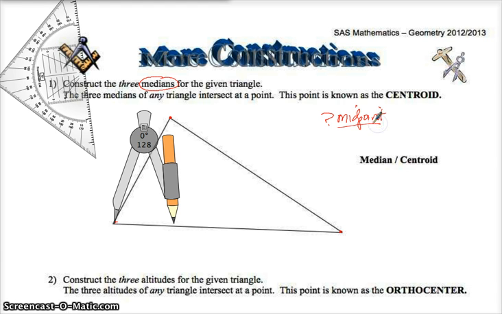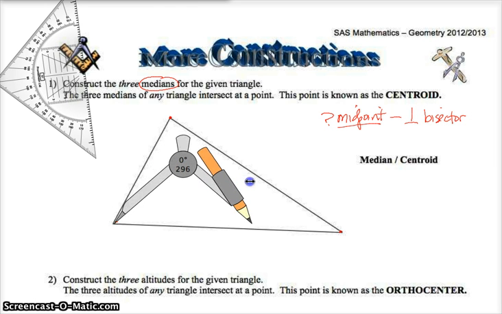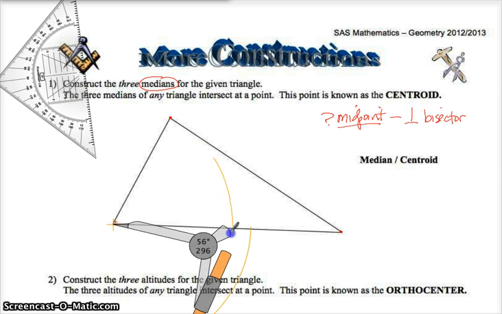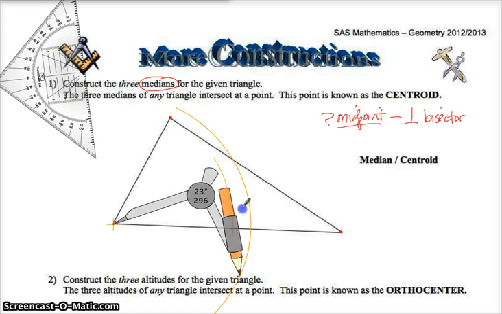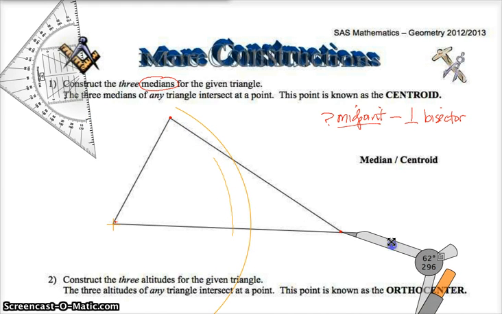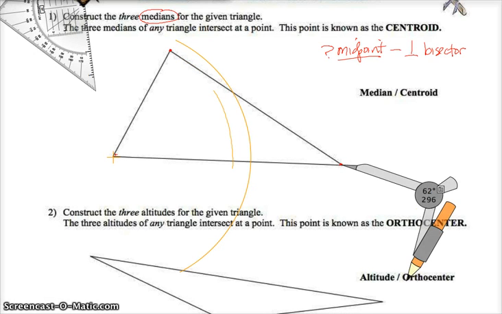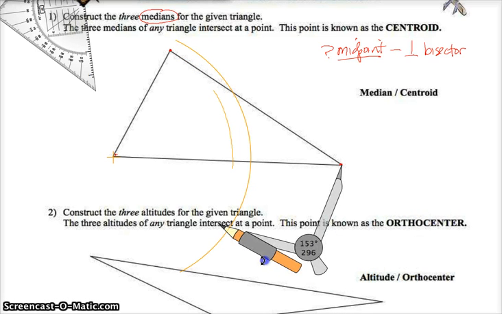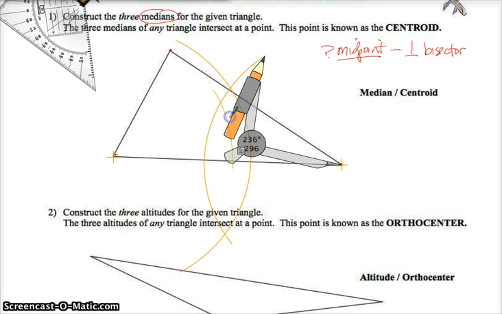Right? So the midpoint is found by doing the perpendicular bisector. We just did that last class. So how do we do a perpendicular bisector? Remember, you put your compass point on an end point of the side, and you do your scoop, scoop up and down, then I'm going to move it over here, other side, I'm going to do my scoop up and down,